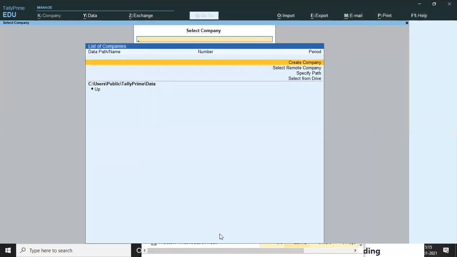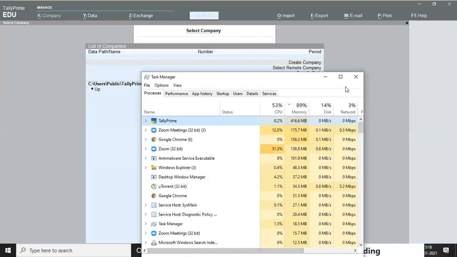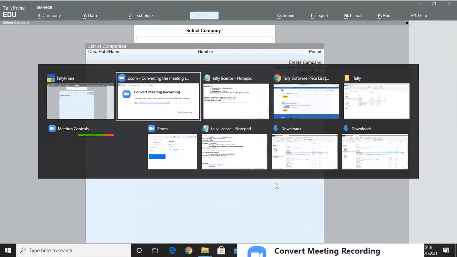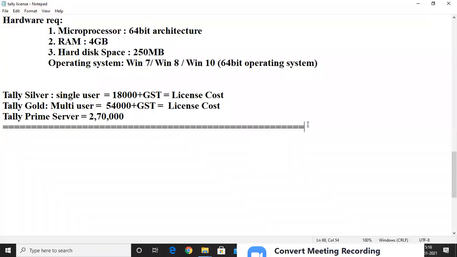Sometimes if you open multiple instances, like three times, it consumes your memory space and makes you much more delay. So make sure how many times you have opened the Tally screen or Tally software. Around 500 MB memory is required while working on Tally Prime.